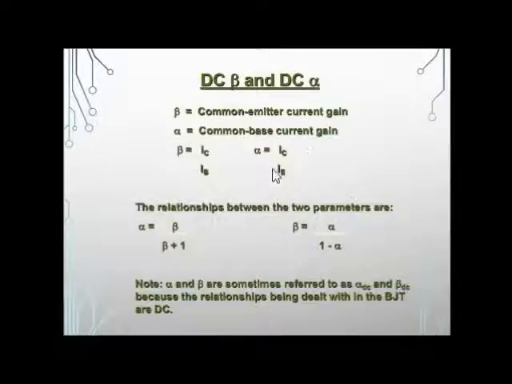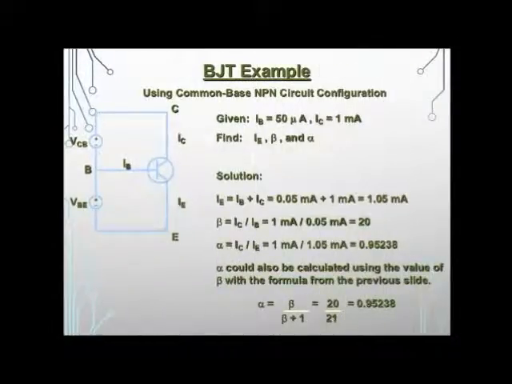So these are very important terms, that is the current gain factor, beta in case of common emitter and alpha in case of common base configurations. Now coming to an example,